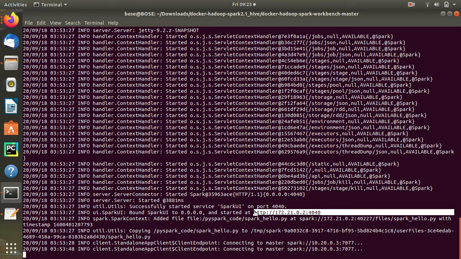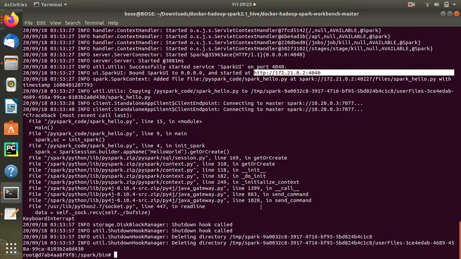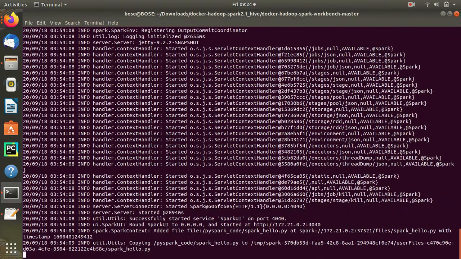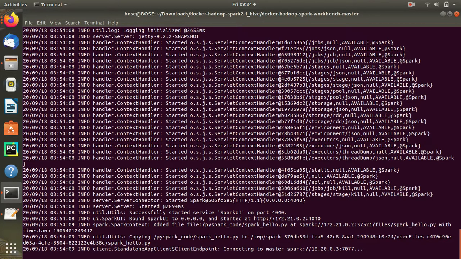Okay, I have done a Control C, so it came out. We'll just submit it again, no issues. Let it complete, then we'll see whatever the activity is. What the code does is, it will just print out a square of whatever the number is.